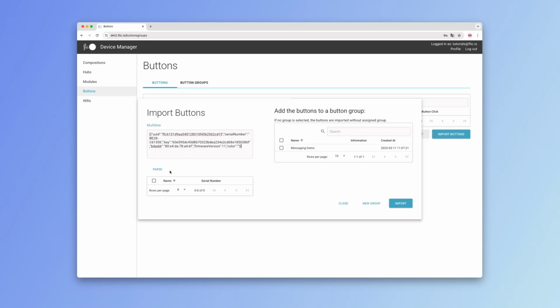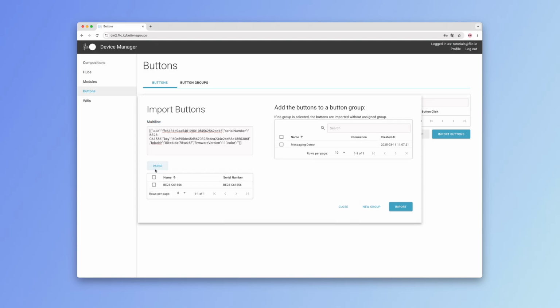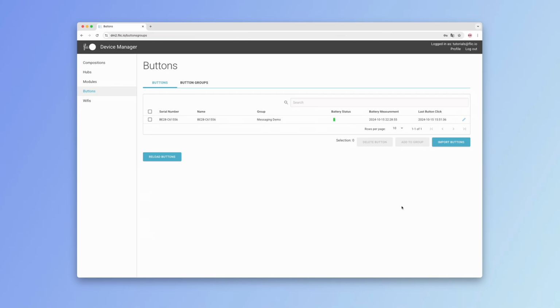Once you have the pairing info, press Parse and select the button you want to import. In the right column, you can select a button group to add the buttons into, which is exactly what we want in this case. So select the button group we created earlier and press Import. Now this button has magically transformed into a cloud button, and wherever you add it, regardless if it's in the Flic app, a Flic Hub, or in our standalone Cloud Button app, the button will act according to its cloud